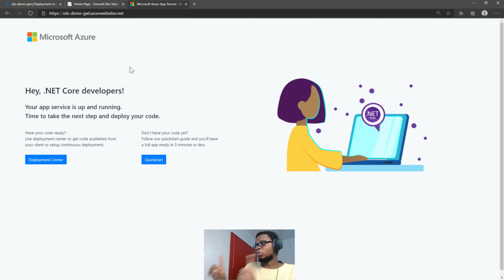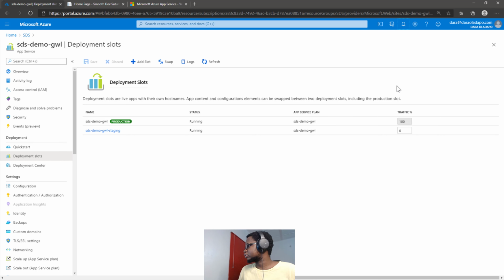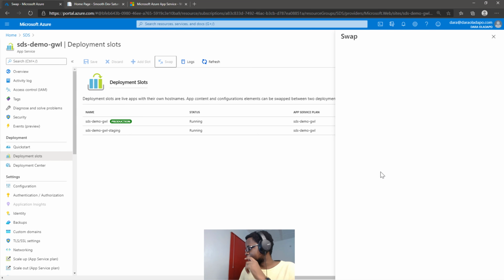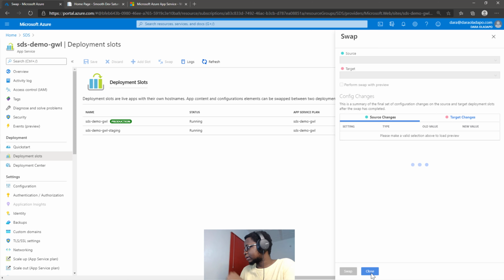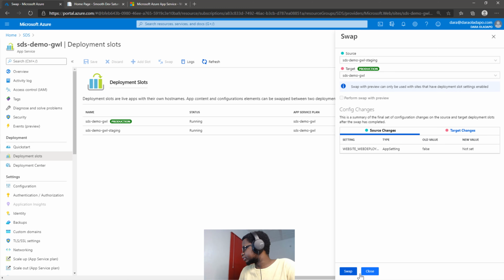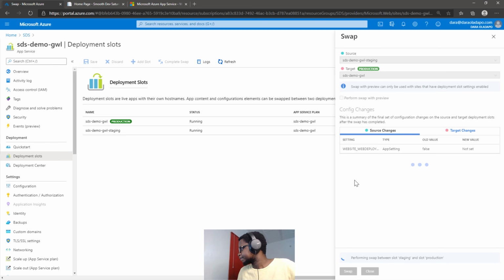What was in staging is now what is in production, and that is the simple way it works. So what I'll go ahead and do is actually swap this for now, swap it back, because what I want to deploy is a very simple change. So I'll swap that,